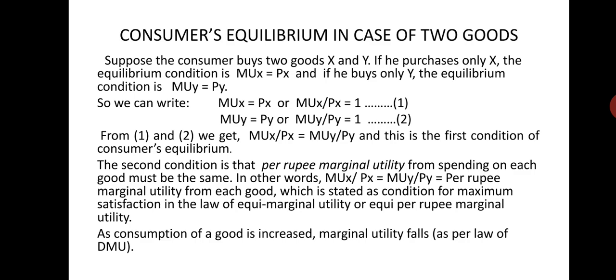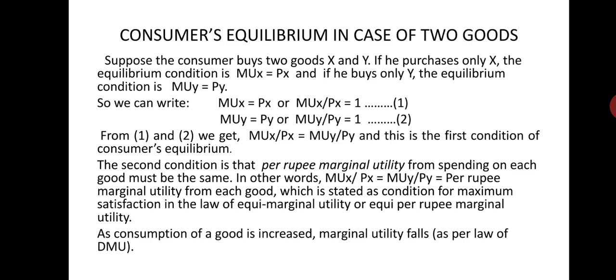So in the law of equimarginal utility, which is known as equi per rupee marginal utility, it is better you can say it, equi per rupee marginal utility, you can easily understand. What is equimarginal utility means? Equi per rupee marginal utility. So it is also stated as the condition for maximum satisfaction in the law of equimarginal utility, and it is the second condition